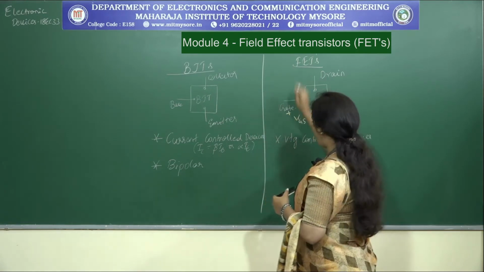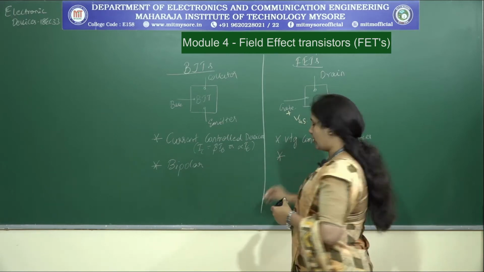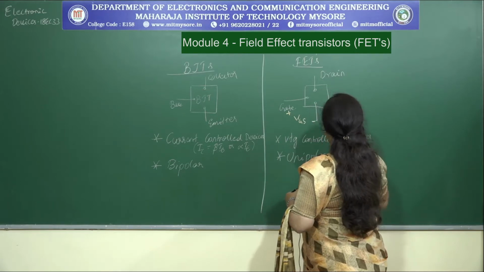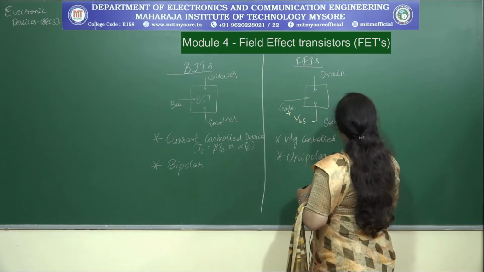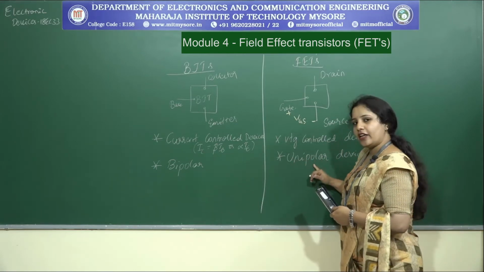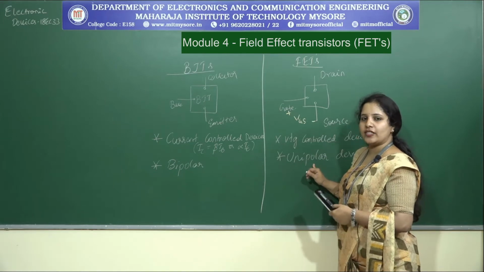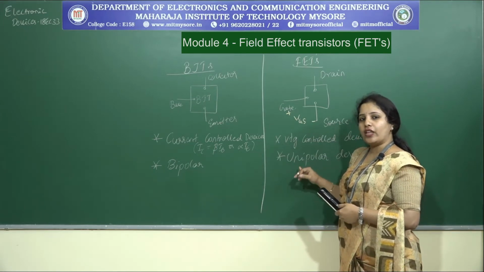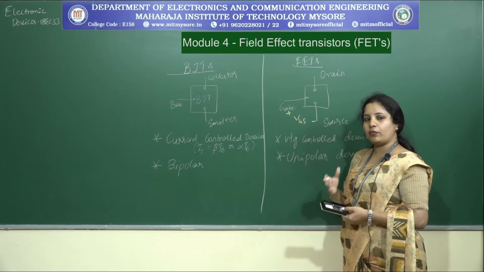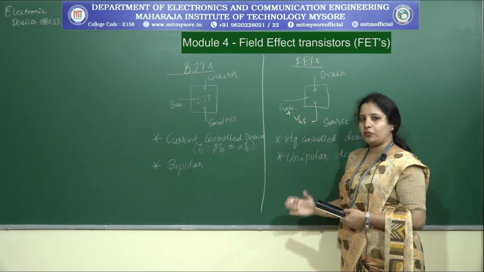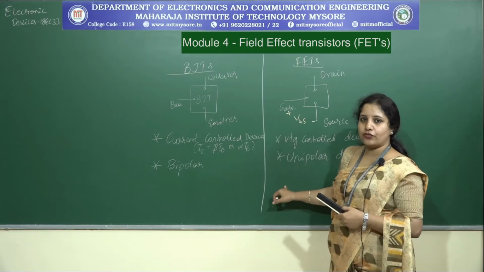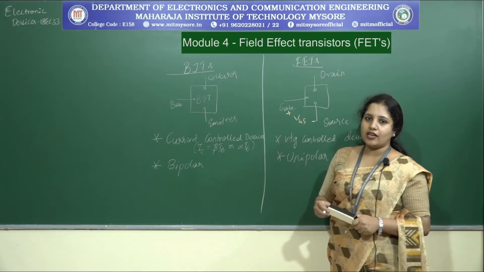When I consider the FETs, that is not the case. These are referred to as unipolar devices. Now, what is the meaning of unipolar devices? Here, it is of single polarity. One type of charge carrier is responsible for the current conduction. That means of the majority carriers, either it is the holes which will be helping in the current conduction, or it will be the electrons. It is not both of them. So that is one of the major differences that you can find between the BJTs and the FETs.